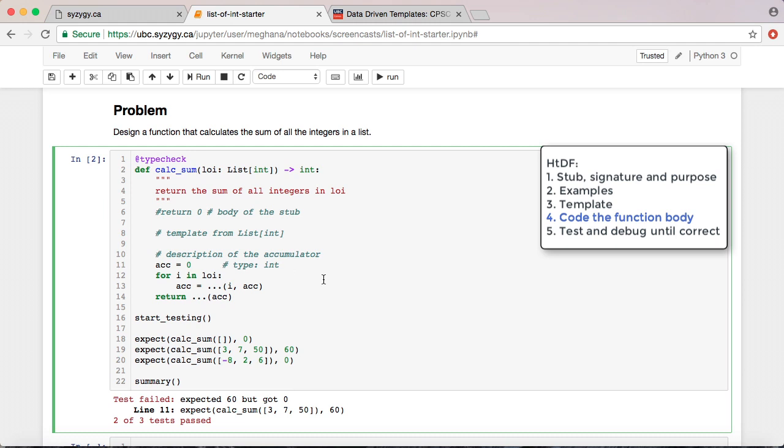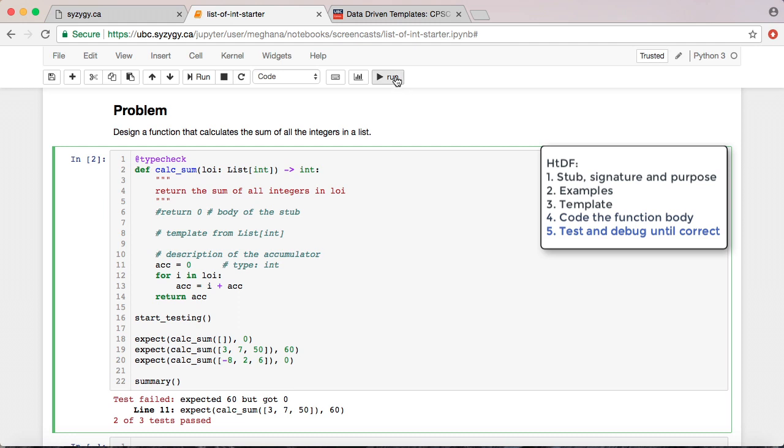As I go through the list, I have ... to remind me that I might need to do some work here. I might need to do a calculation or call a function, and what I have to work with is I, which is storing the current integer in the list, and the current value of the accumulator. Because I'm calculating the sum, I need to add them together. As we visit each integer in the list, we want the accumulator to hold its current value plus the integer that we're adding to it. Once we've iterated through the whole list, we want to return the value that's stored in the accumulator.